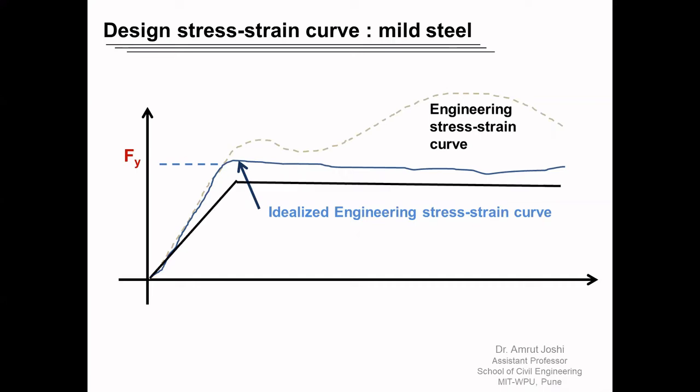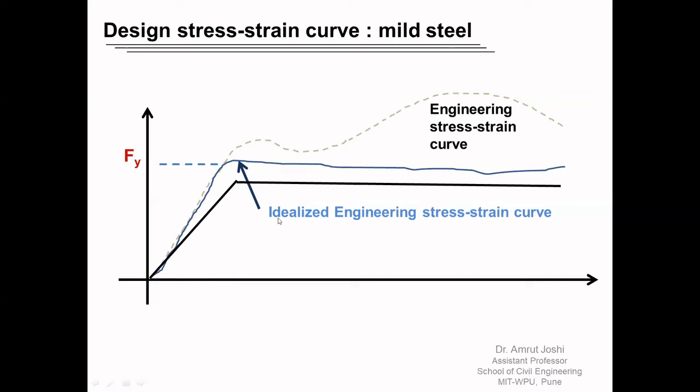Now, to obtain the design stress strain curve, we will have to divide it by the partial safety factor for material. The question that we are going to ask ourselves is whether we should divide only stress values by partial safety factors, or stress as well as strain values by the partial safety factor for strength. If you recall, in concrete, we divided only stress values by the partial safety factor for strength. So if we repeat that procedure, that means if we divide only stress values by the partial safety factor for material, we are going to obtain this stress strain curve, which is marked in black.